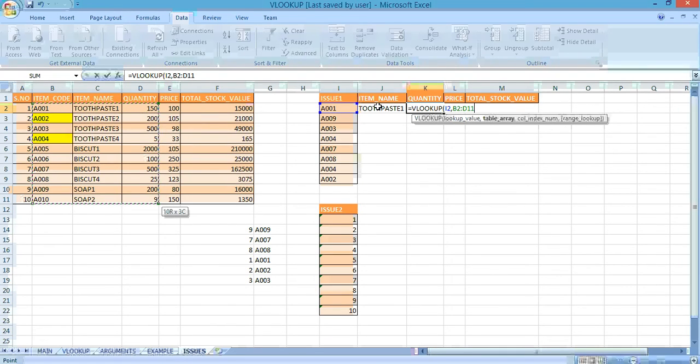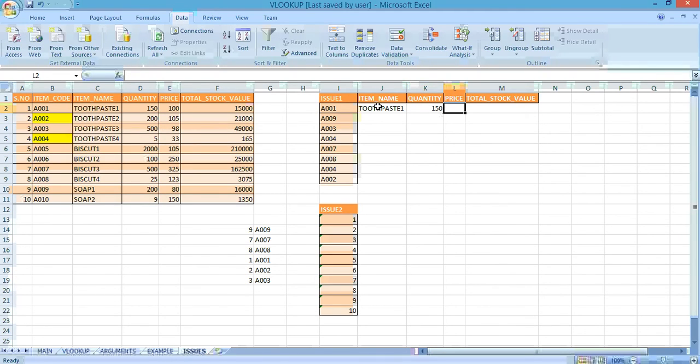So it is the third column. I'll put 3 here. For exact match, I will put 0.